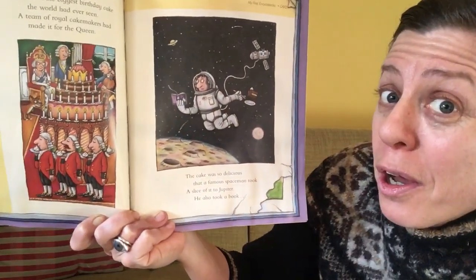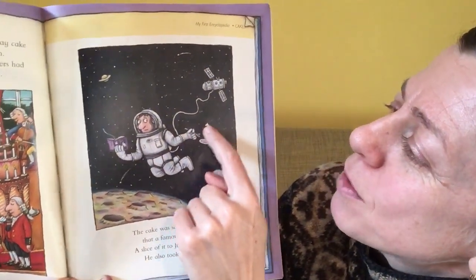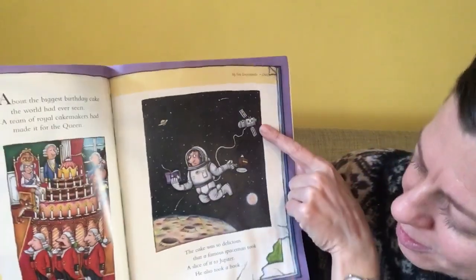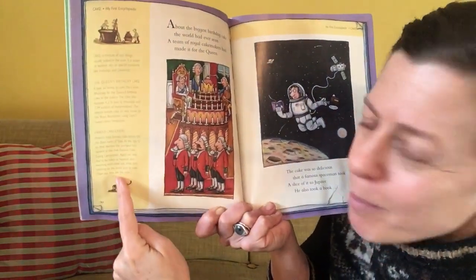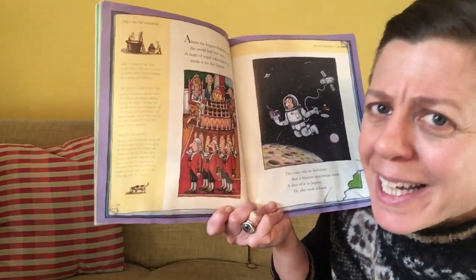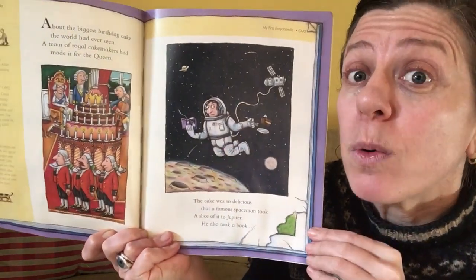He also took a book. And there is, can you see, spaceman flying in space, and there's a floating piece of the chocolate cake in one hand with a fork, and the other hand he's got his book. And there's his space shuttle. Wow. And also on this encyclopedia, it's got some information here on this side. I'm not going to read you now, but if you have a copy of the book, you can have a look. And it's about the ingredients of the cake and who made it and how it was made. But back to the spaceman. He also took a book about...